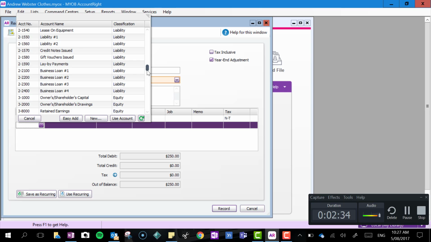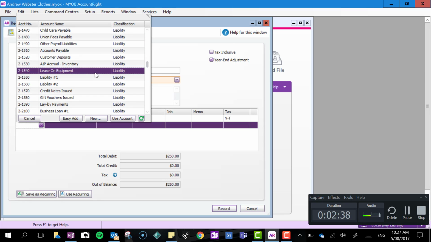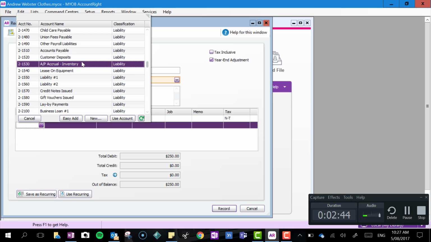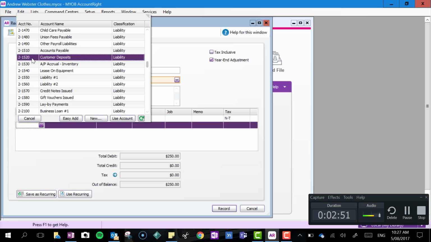So if we keep looking down, you can see it's not there. So we're going to have to create an accrued expense account. So let's do this in between these two. This is 2-1520 and this is 2-1530. So we're going to do